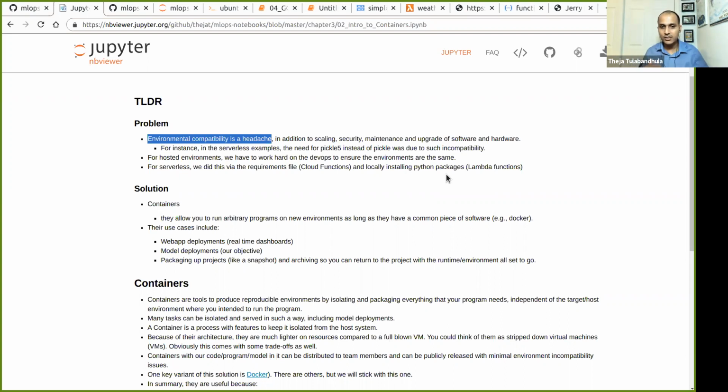So these version issues are a big thing, in addition to usual issues like scaling of your app. For example, if you have a model serving service, and now instead of 10 customers you have 100 clients querying for predictions, how do you stop your model, rent a bigger EC2 machine, and deploy the model again, or are there other ways to get around it? So the usual issues are problems like scaling, security, and maintenance of the software and hardware.